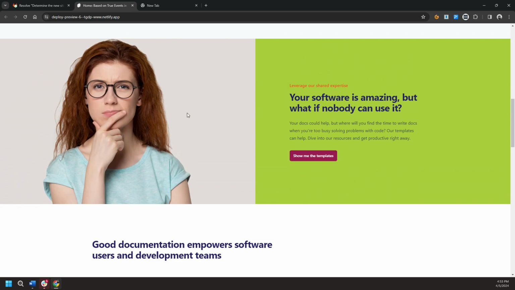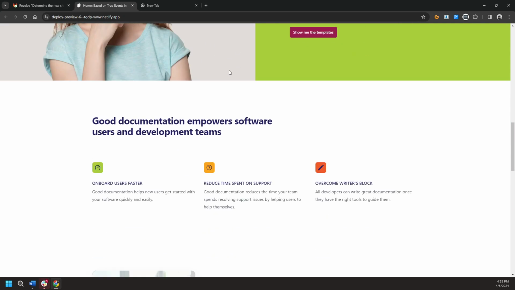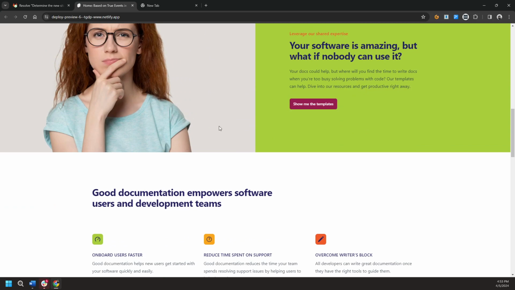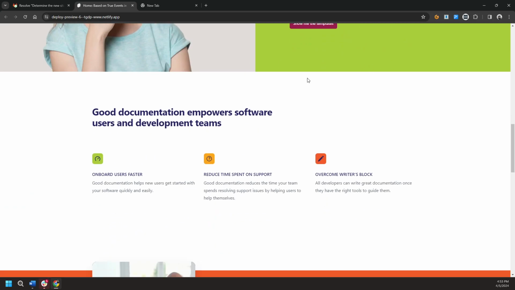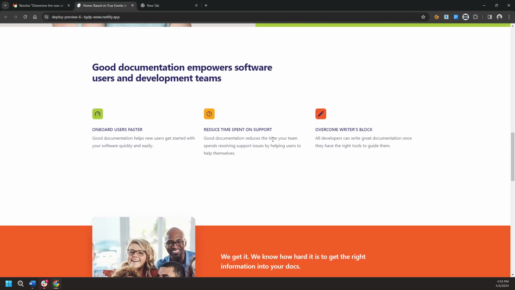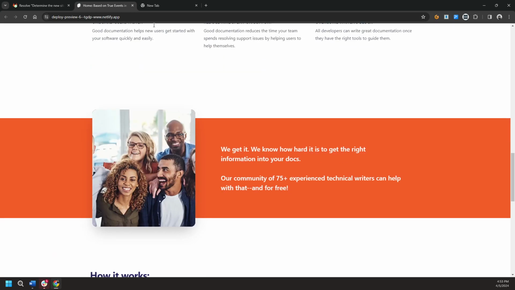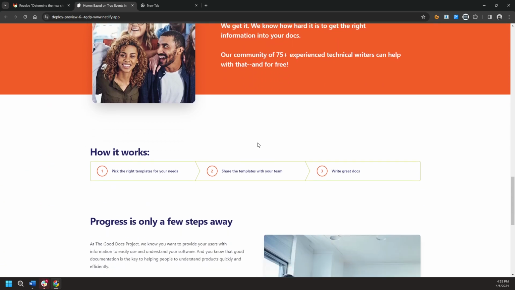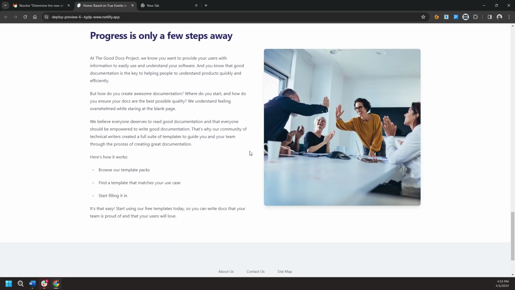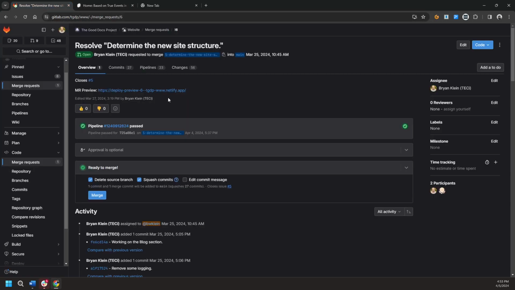So each one of these pieces is being passed in, image data, text data, all of it to drive what's inside of that component, even the colors and the colors of all the icons and everything. All of it's defined in the structured data that drives these elements of each design component. And then down here at the bottom, we have all this content, right? And so if we look back at that source file,